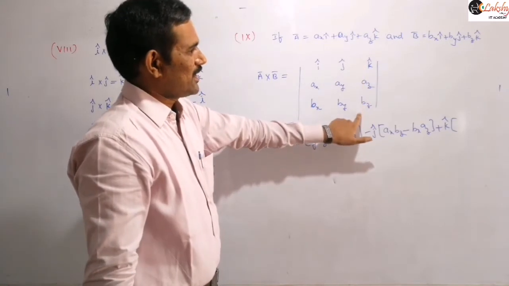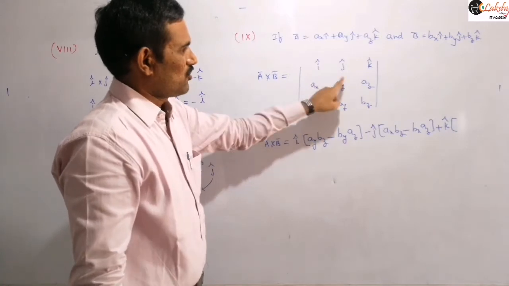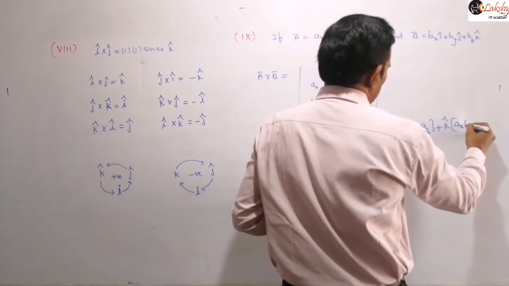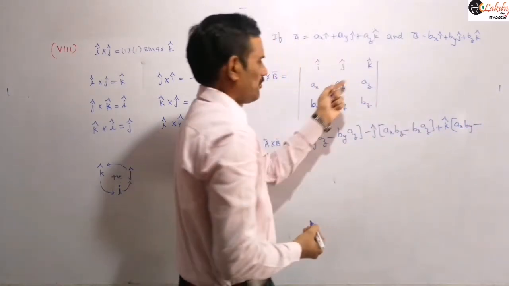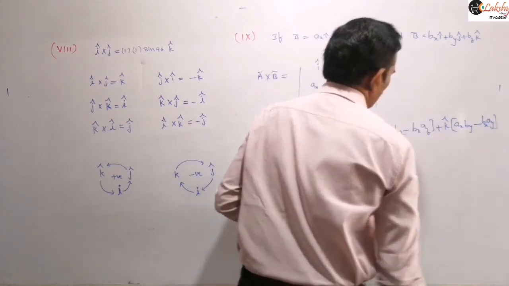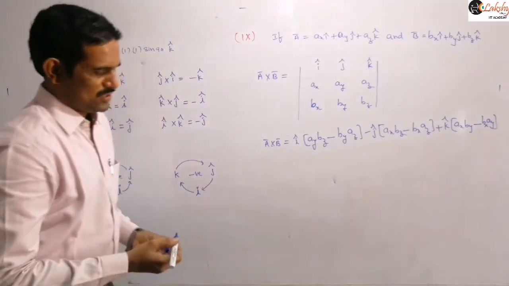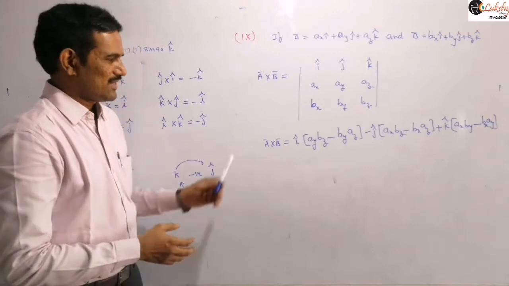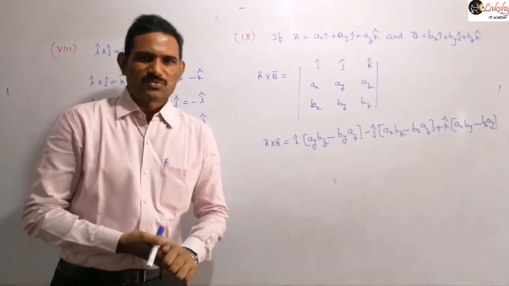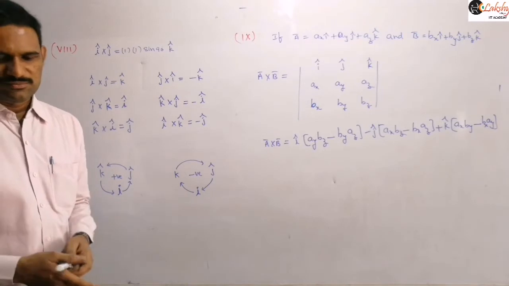Similarly, when you are writing this k cap, you need to neglect this row and this column. Then only these four are there. So we need to first multiply it down, ax and by, minus this up, bx and ay, right? And therefore that is nothing but our cross product here. If numericals are given, you can simplify that. So now we can observe that the cross product of two vectors will give another vector. So i cap, j cap and k cap terms are there here, right? Based on that you can find the cross product of the two vectors.